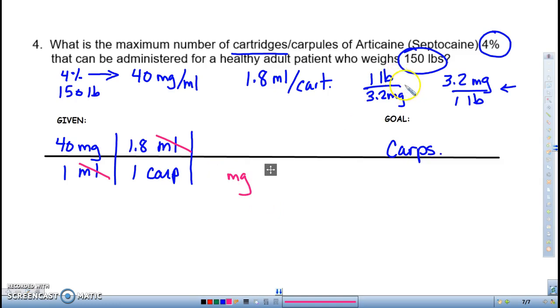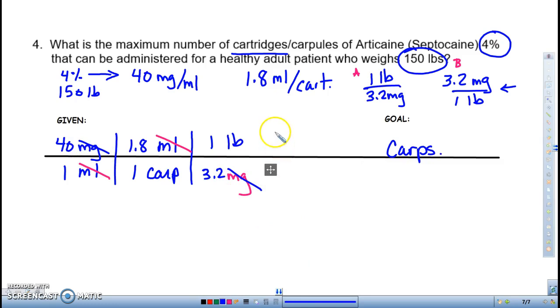So which one of the two of these am I going to use? Am I going to use A or am I going to use B? Yeah, I've got to have milligrams down in the denominator. So I'm going to say 1 pound goes here for 3.2 milligrams. For every 1 pound of weight, it's recommended that you use 3.2 milligrams of the drug. And when I do that,